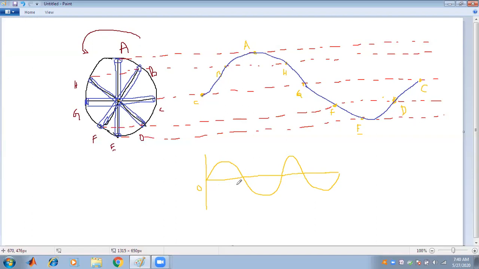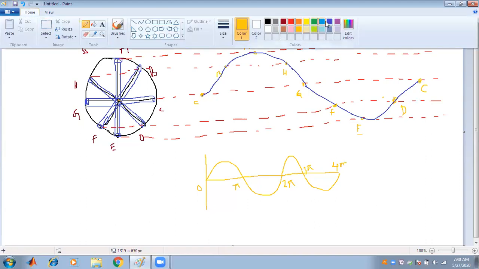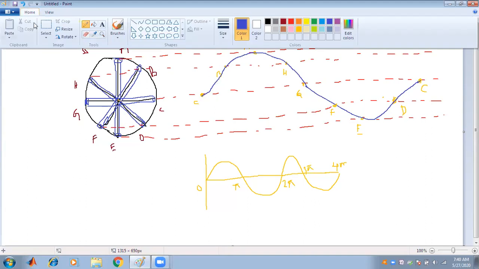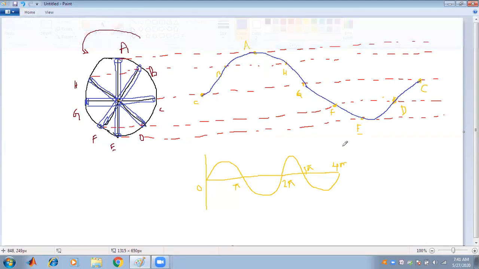Say this is 0 to pi, pi to 2 pi, 2 pi to 3 pi, 3 pi to 4 pi. So it is seen from the particular graph that the C point is again starting to repeat. Means it will again start from the C point and it will continue repeating that way, C, B, A. So as it is again starting from the C point, this one portion,